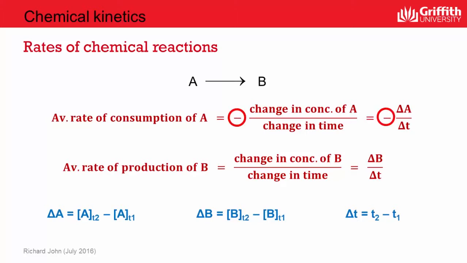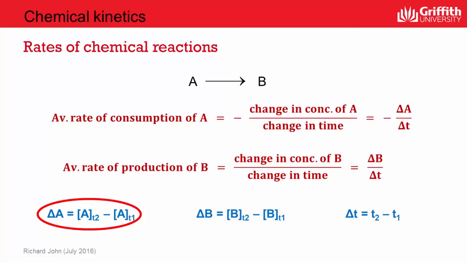Now you'll note the minus sign in the first of these expressions. Rates of reactions are always reported as a positive value. You cannot have a negative rate of reaction. In the case of the disappearance or the consumption of a reactant, the concentration will always decrease with time. And because we calculate the change in concentration by subtracting the concentration at some time earlier in the reaction, T1,